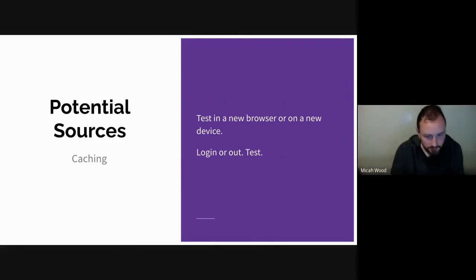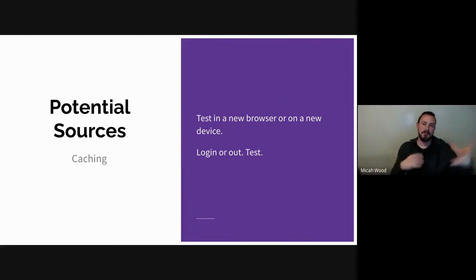So to rule out a caching problem, what you want to do is test in a new browser or on a new device. Because what happens, for example, if you visit a particular page, that page could get cached in WordPress. It could get cached in some third-party service, or pieces of the page, like images, could get cached in the browser.